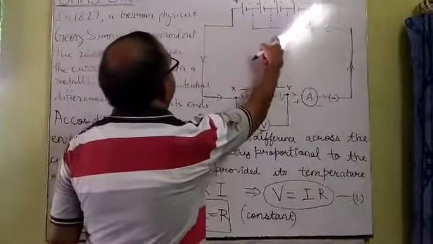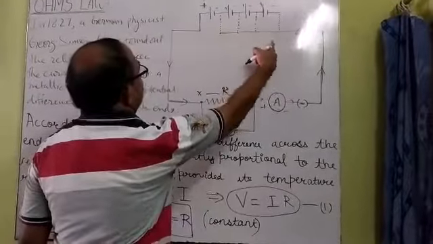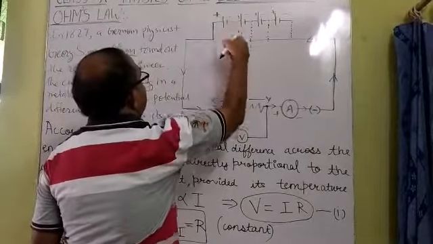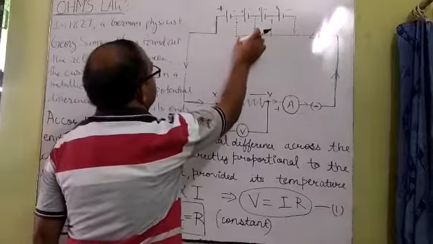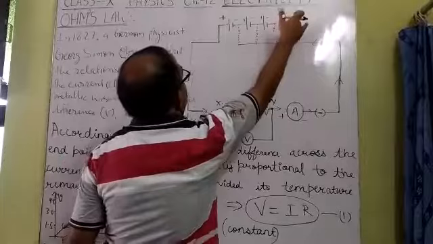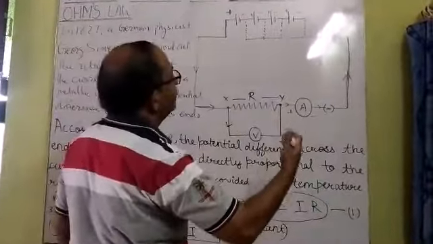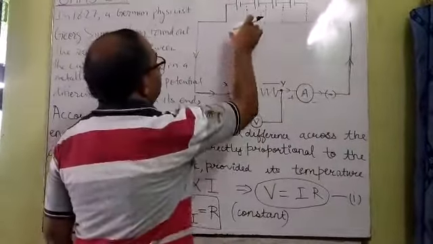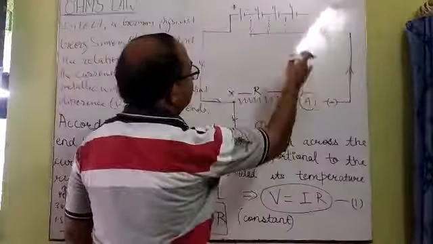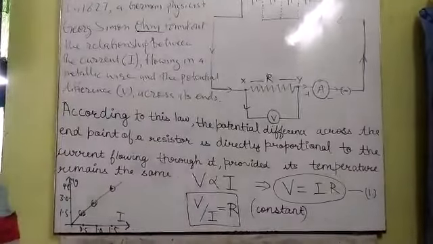Now there is a battery of 4 cells right now, but we shall connect different numbers of cells in the circuit. That is why dotted lines are shown. When this dotted line is dark, we connect only one cell. When 2 cells are connected, we darken this line, then 3 cells, and when the last line is joined, it means 4 cells are connected. We shall increase the number of cells in the battery so that the potential difference increases, and when the potential difference increases, the current will also increase. That we shall prove experimentally, and this is only the verification of Ohm's law.